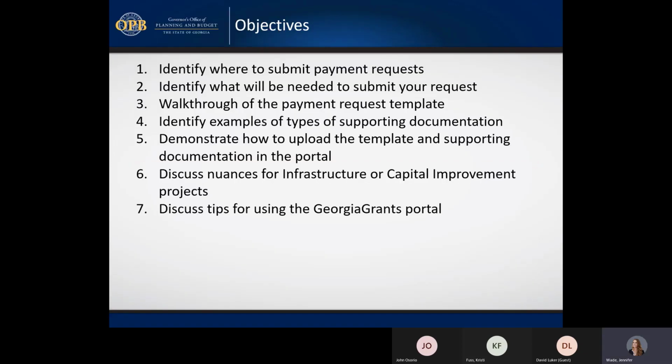So the objectives that we're going to go over today: we're going to identify where to submit payment requests, identify what you will need to submit your request, and walk you through the payment request template. We'll identify examples of types of supporting documentation, and this will be non-inclusive, so we're just going to walk you through some samples that Christy has prepared for you all,